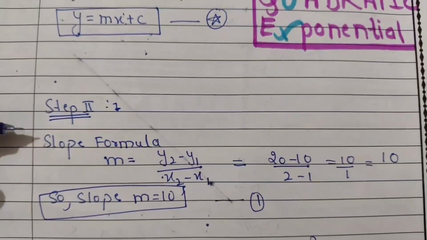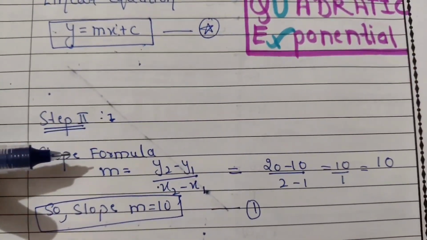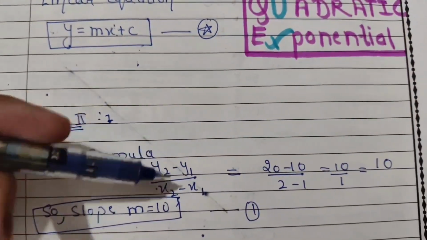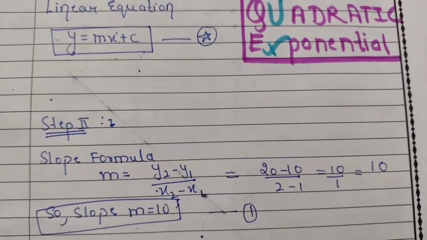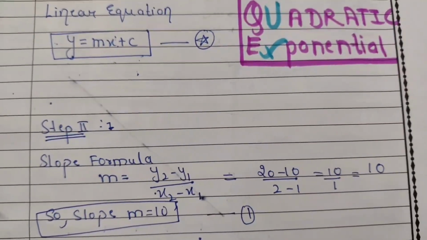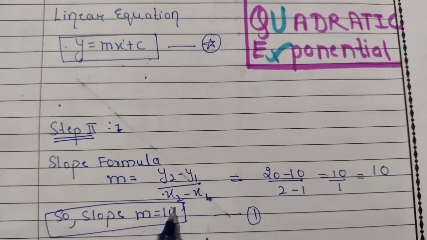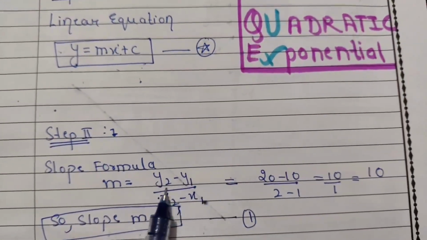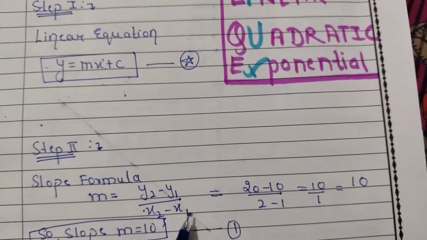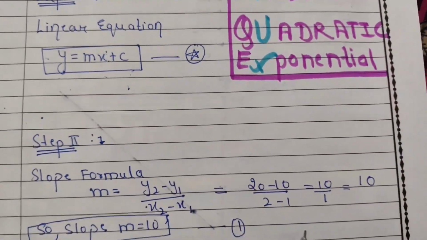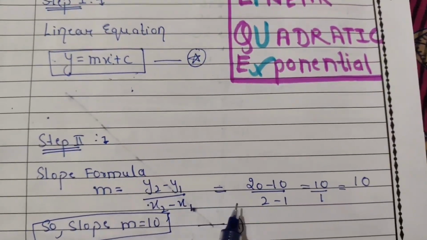Slope formula is basically represented with the symbol m. So slope formula is equal to (y2 minus y1) divided by (x2 minus x1). Take the first 2 points, like x1 equals 1 and x2 equals 2. That basically represents the independent variable, and the independent variables are the hours, like 2 hours and 1 hour. So here x1 is equal to 1 and x2 equals 2, and y1 and y2 basically represent the score